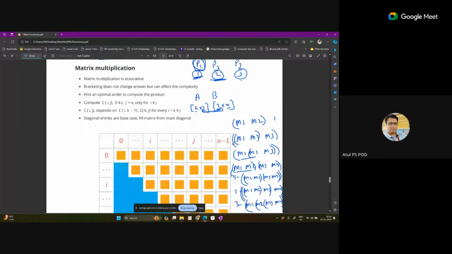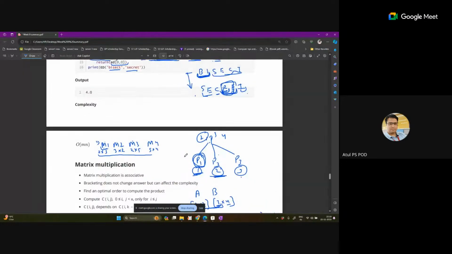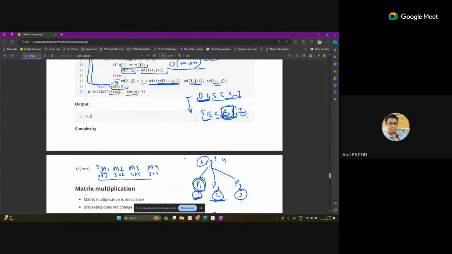So suppose I'm taking one example of 3 matrices for better understanding. Okay, so